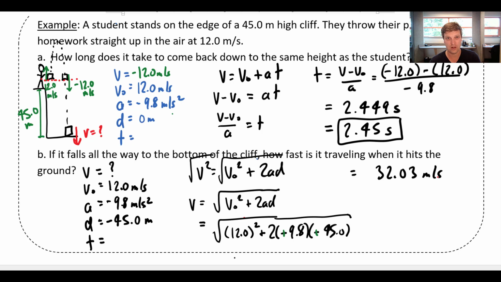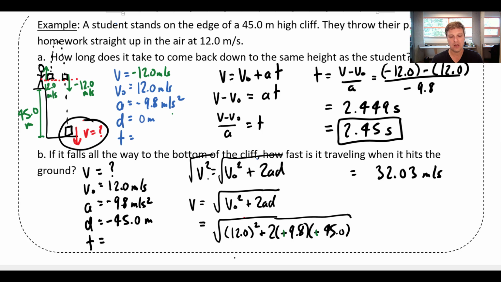So that's faster than 12, but the big problem is that's not negative. When this hits the ground here, we're definitely expecting a negative velocity. It hit the ground going downwards. That's how hitting the ground works. So what I find is often students get to this point and they go, meh, I'll just stick a negative in there and see what happens. And I really caution you against that, because